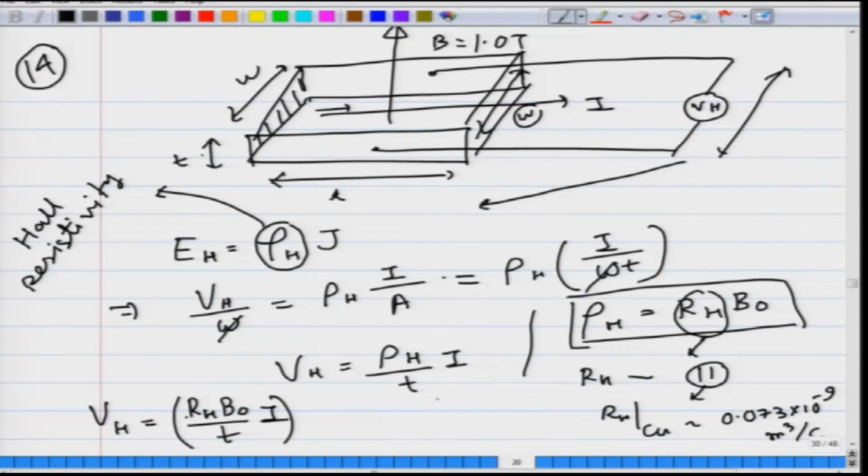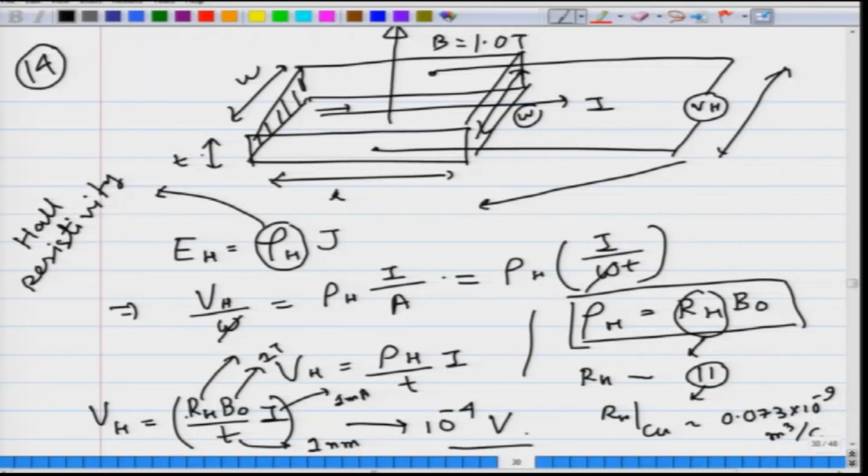Putting all the values, we know the R_H from the previous one, B naught is given as 1 Tesla, current is given as 1 milliampere, and T is 1 nanometer. So, by putting the values we will get almost minus 4 volt. So, this is your option D. So, actually the assignment solution that has been uploaded, it was wrongly written as option